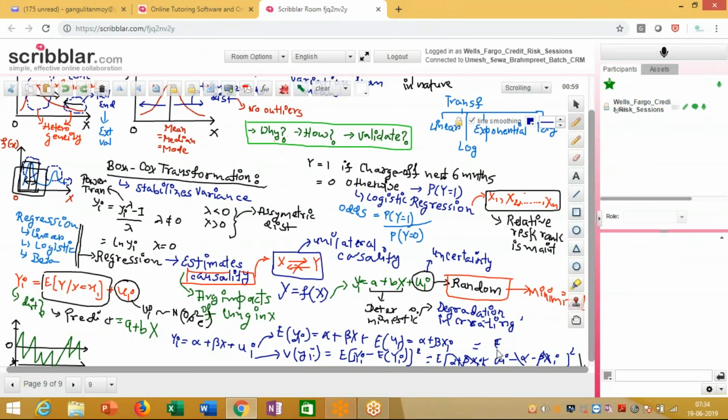Over here, what I get is the expected value of ui square, and this becomes sigma square, or sigma square u. So now over here you can see that both the mean and the variance of the distribution of yi is constant. So one thing that we can say is that for a regression model to be developed using a linear